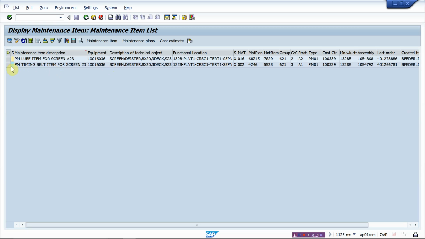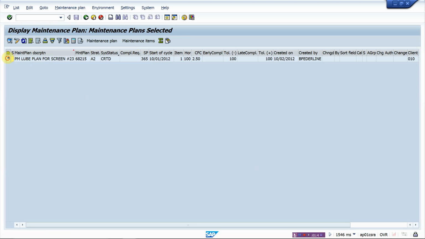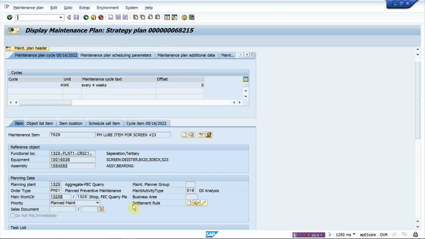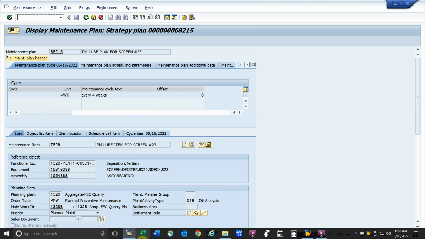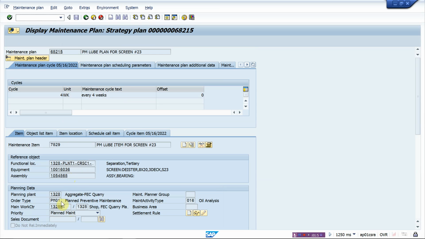So now here's the lube that we want to do. We want to go into the maintenance plan. We're in display mode, you select it, and again you say maintenance plan. So now we're in the maintenance plan. So what we want to do is copy this, but we're going to have to manually do it. So first of all, the strategy is,